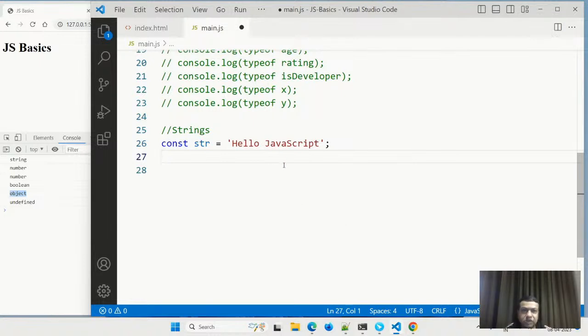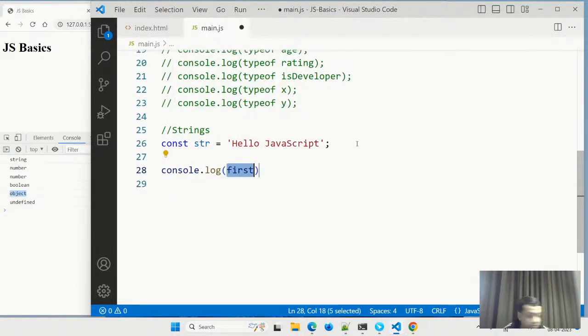As I've told, there are single quotes, double quotes, or backtick also. Strings, arrays, and objects are there in almost all programming languages. Take C, C++, Java, they will be there. In Java and everything, strings have got certain methods, so here in JavaScript also string has got certain methods. I'll use their inbuilt methods.